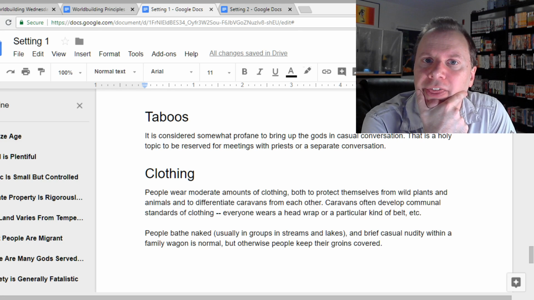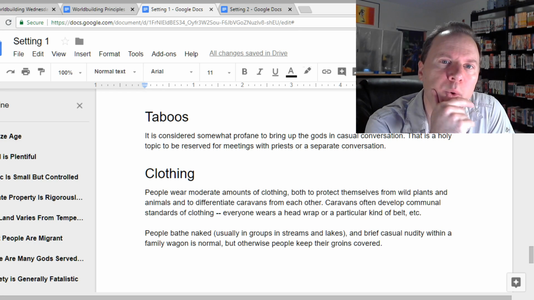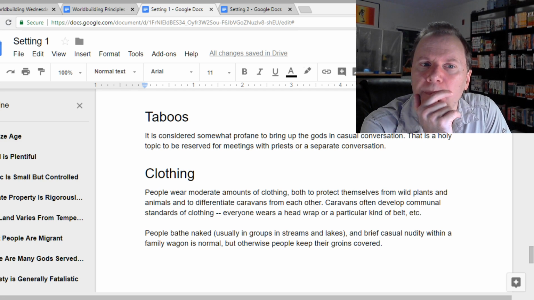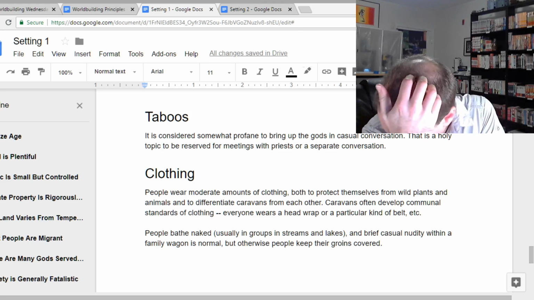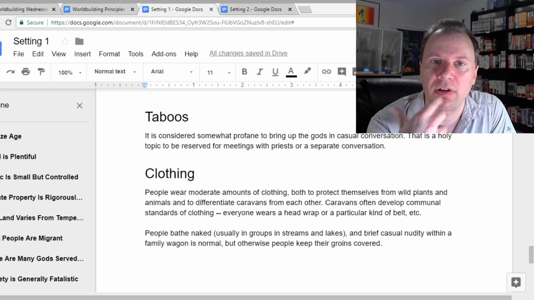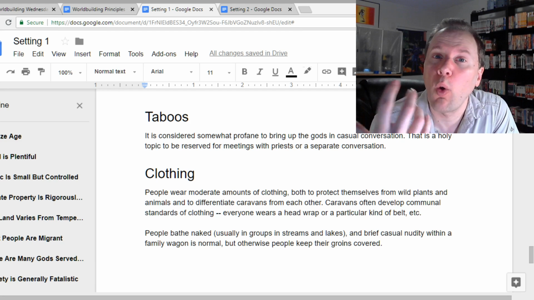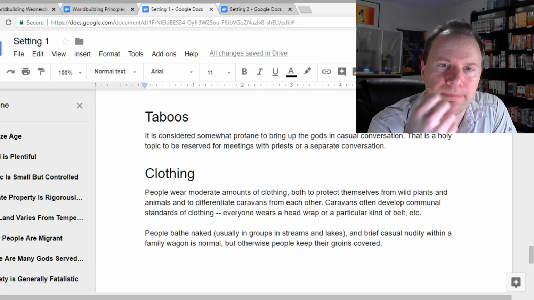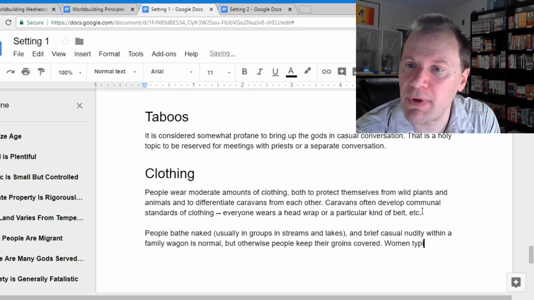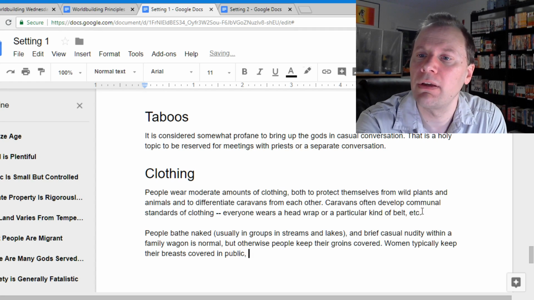Toplessness among women, I think, might be more common in their world, where that's just not a big deal. But still might be, because one of the reasons why toplessness is relatively rare in our societies is that the breasts are seen as a sign of nurturing and sort of a holy thing, so they're generally covered in a lot of societies. So we'll say women typically keep their breasts covered in public,